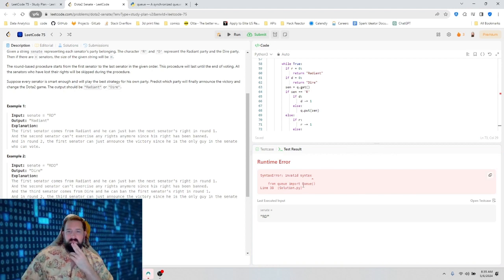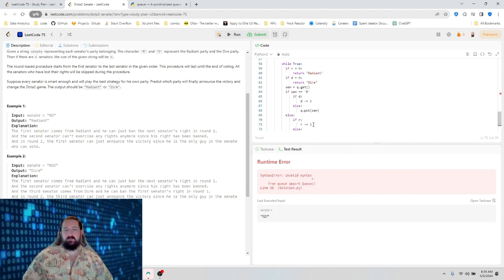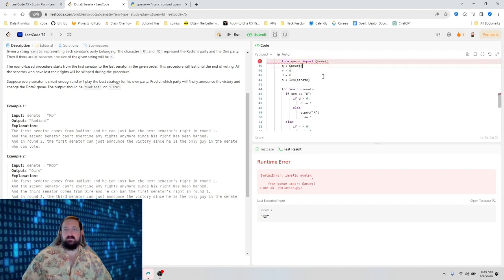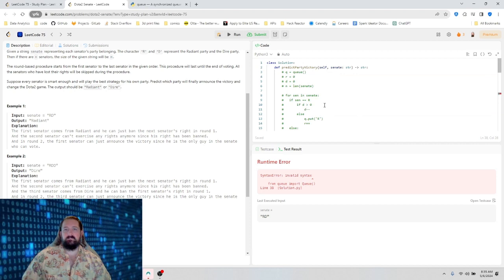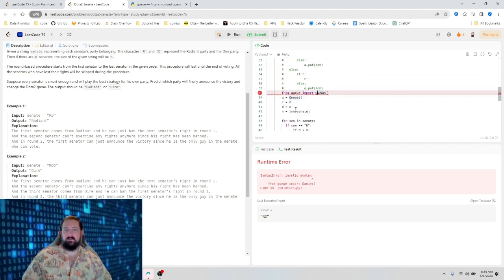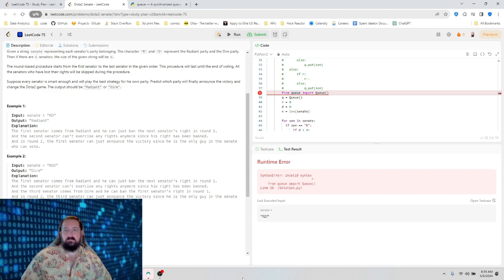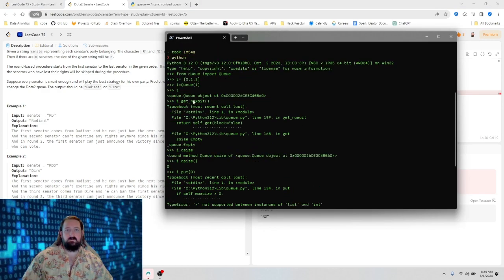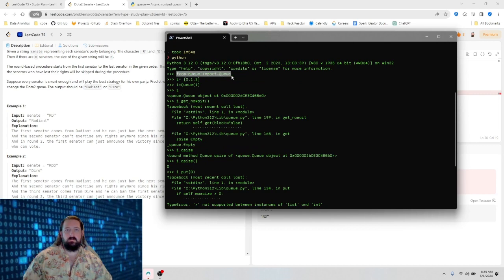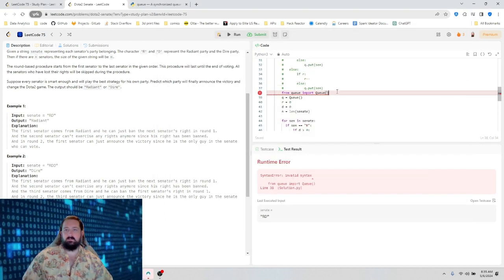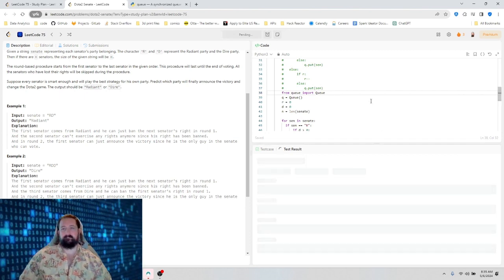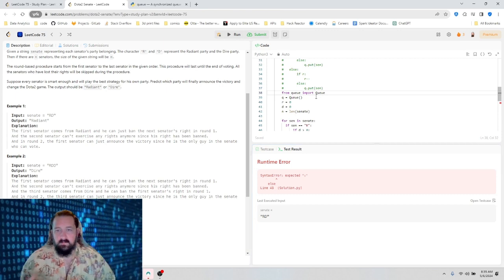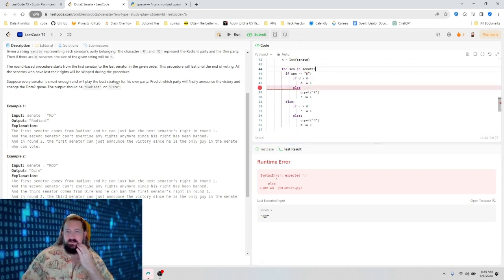Invalid syntax. From Q, import Q. What? But I just did that. I'm working in Python 3. From Q, import Q. Okay, right, expected semicolon, where did I miss it there?